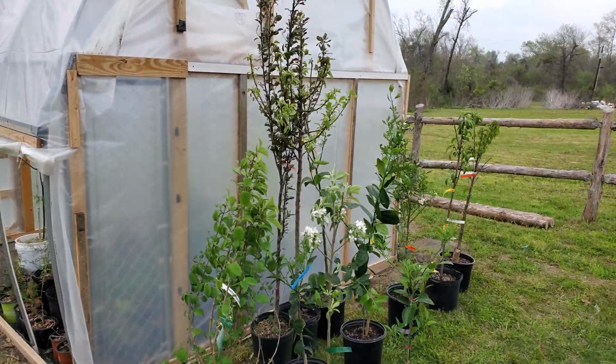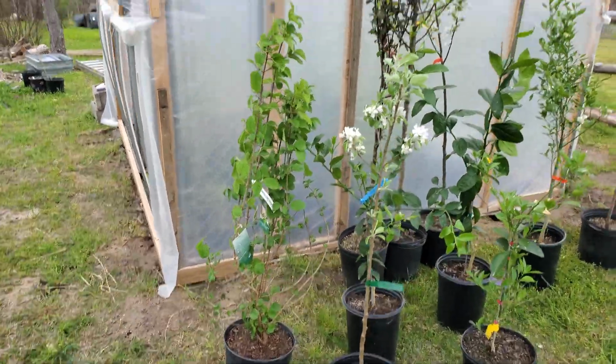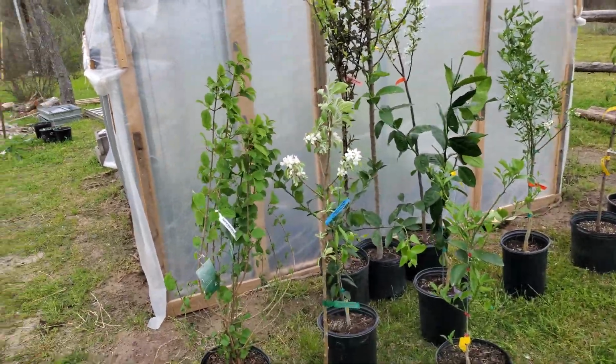Alrighty, so we got some plants today. We went to Bob Wells Nursery. Big shout out to them. Bob Wells Nursery's an amazing, wonderful place. Good people and lots and lots of flowers and trees and shrubs and all kinds of things to choose from,